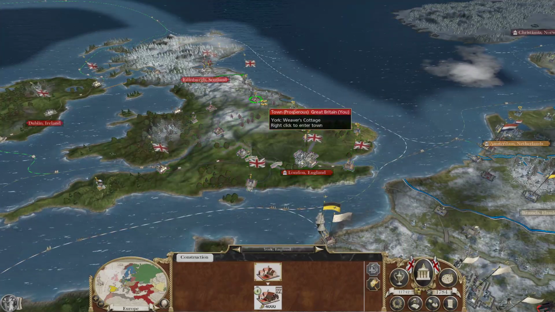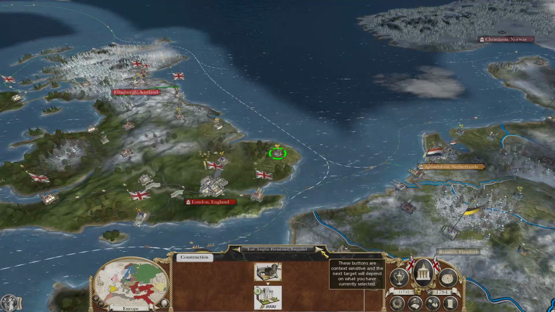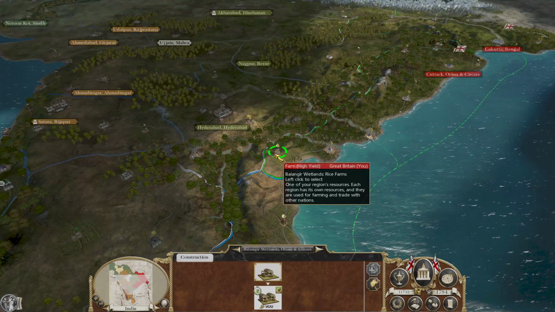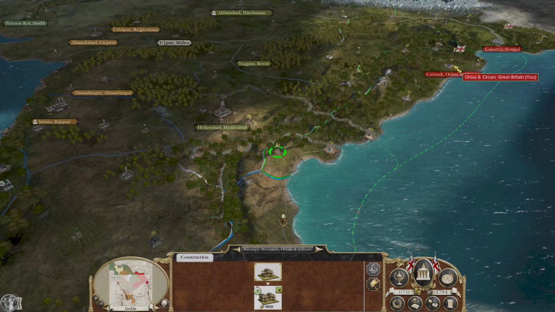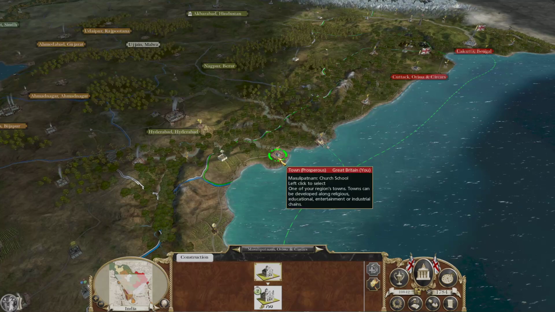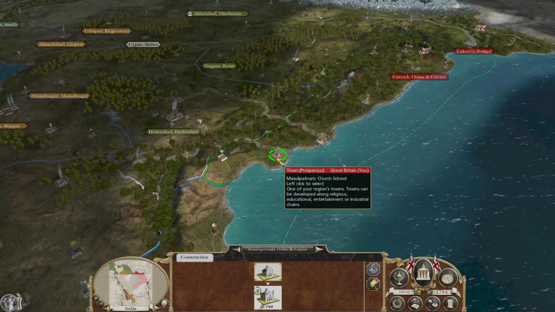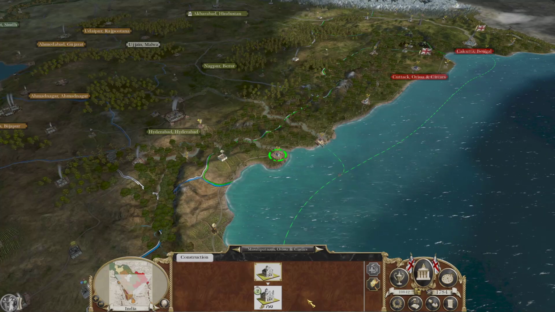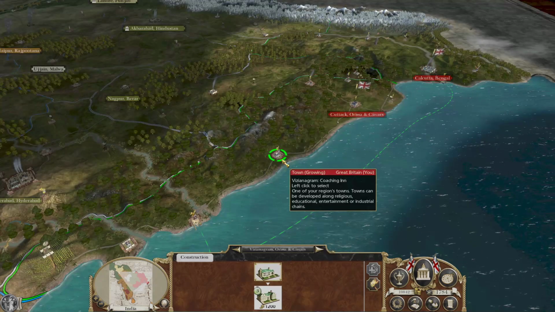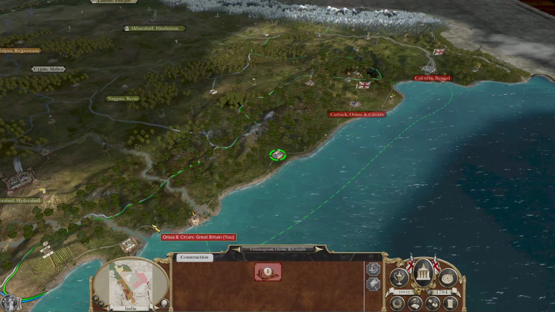Right, let's do some farming. Let's get the cheapest ones that we can. Farm high yield. We do need some more priests, but that's actually prosperous. I'm going to destroy it there. This is growing. I'm going to destroy that. That's going to affect our